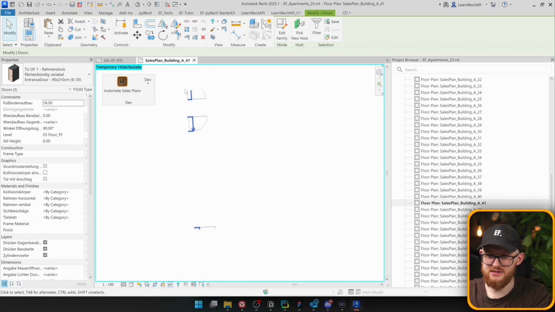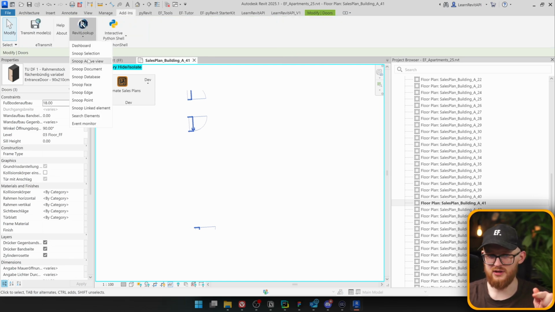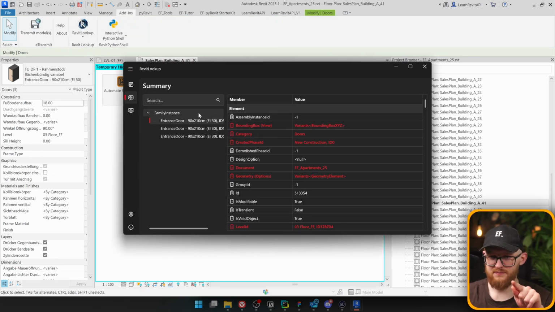If I'm going to select, you can see there is like 1, 2, and 3. In this case, it does not matter because all of them are going to have the same angle, and I'm totally fine with that. So I'm just going to take any of them. It doesn't matter. Because in Revit Lookup, if I go to Snoop Selection, and as you remember, it was in